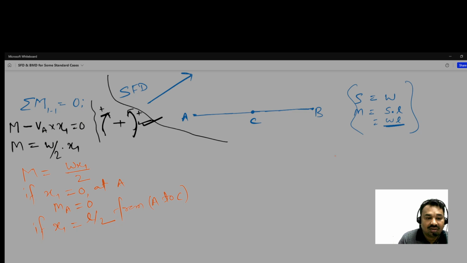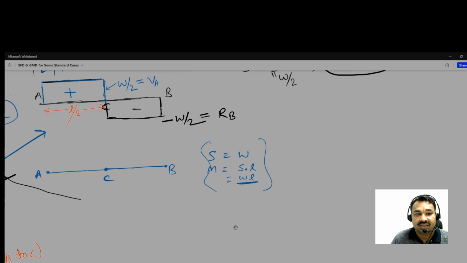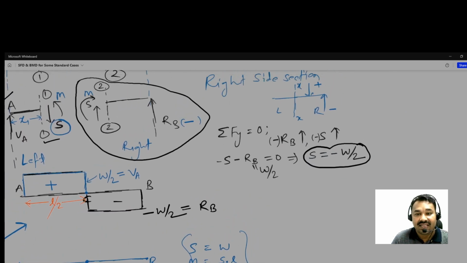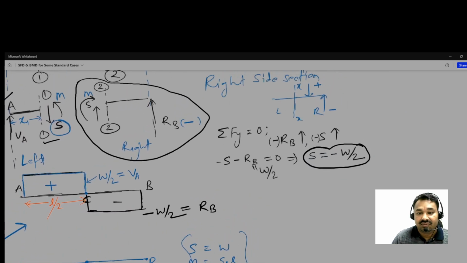So MC becomes now W L by 2 divided by 2, it is equal to WL by 4. Okay, and what about the right side calculation? Okay, so the same bending moment. Now the bending moment